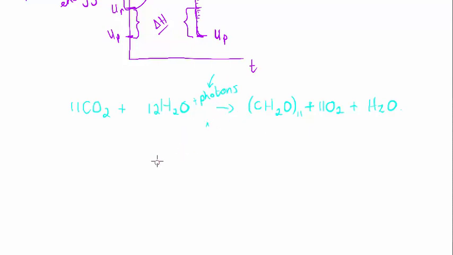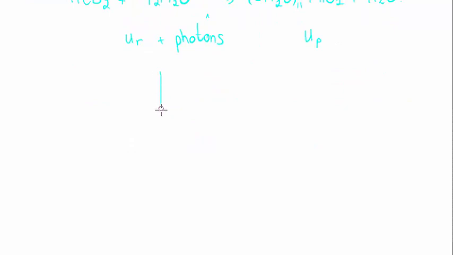So in other words, the energies that we have to start with, the potential energy in the reactants and the potential energy of the products. The products in total, their energy is more than I have in my reactants. So in order to have this reaction happen, we need additional energy in the form of photons, which is small packets of energy really. Okay, so if we had to draw that energy diagram,